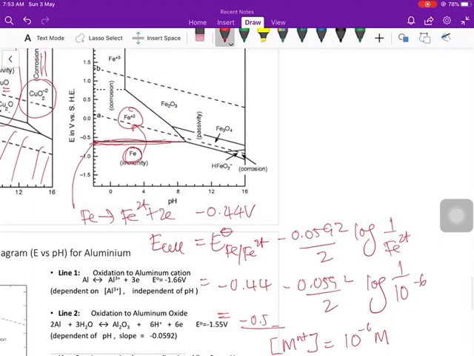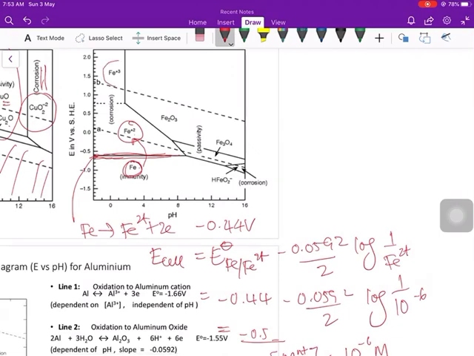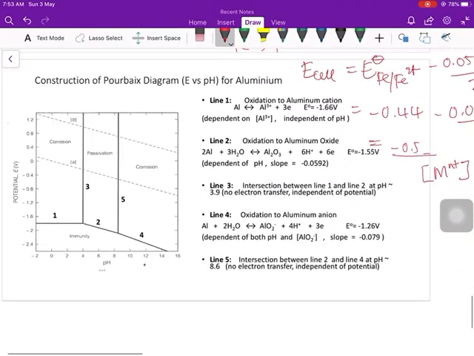This is how you can plot or construct this slope, this horizontal line between ferrum and ferrum 2. Higher, it will corrode to the highest oxidation state, ferrum 3. So in between is oxide in the form of ferrum 2 or ferrum 3. So this is still the corrosion region, in the anion form.